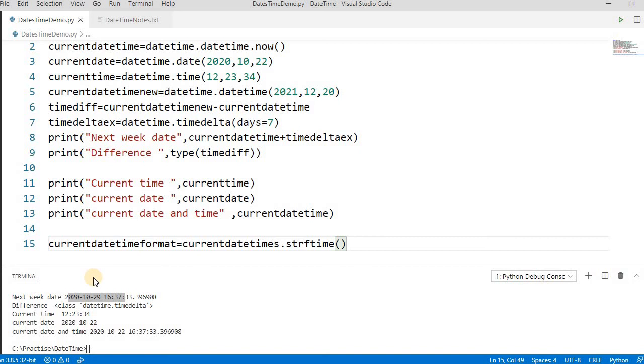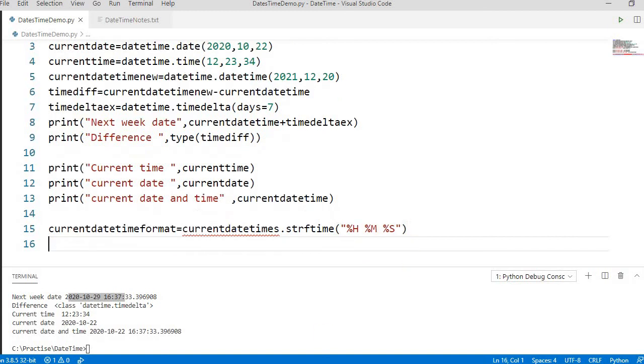Suppose we only need the hours, so we pass percent H for hours, then percent M, and then percent S. We only need the seconds, we don't need other stuff. These things you will get from the Python documentation links. If you print this, it will only return the hours, minutes and seconds.